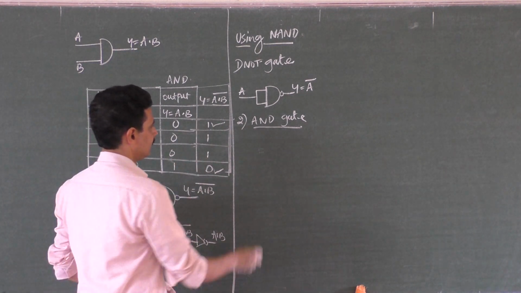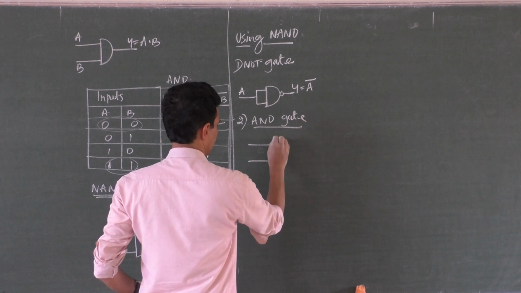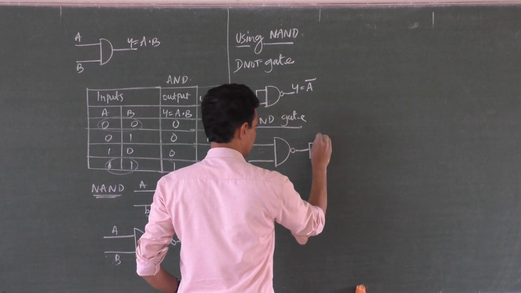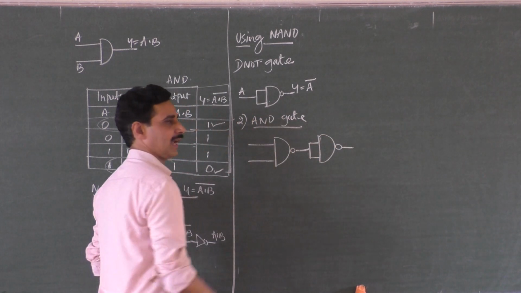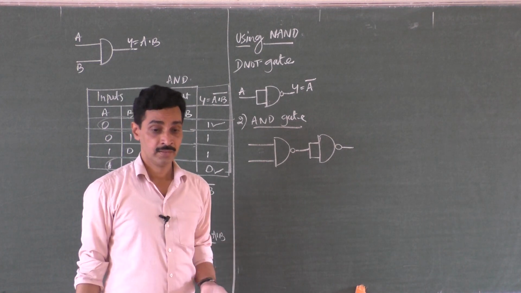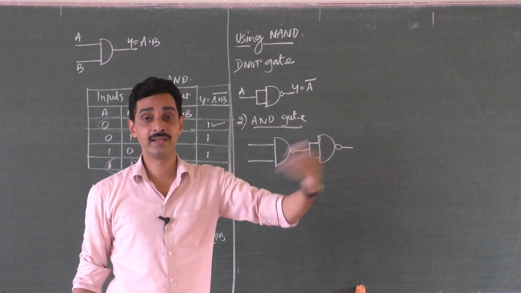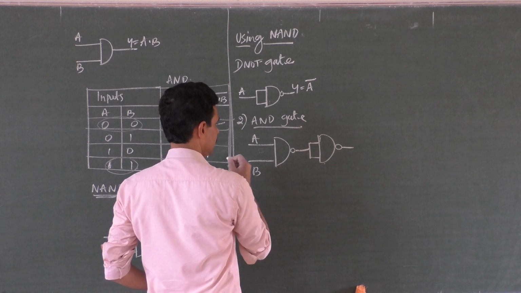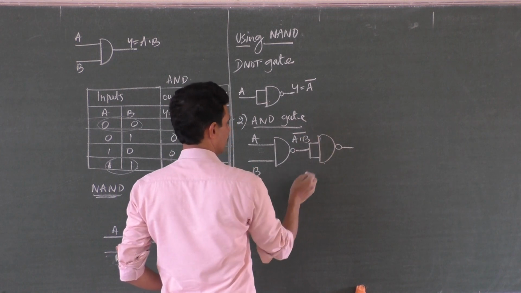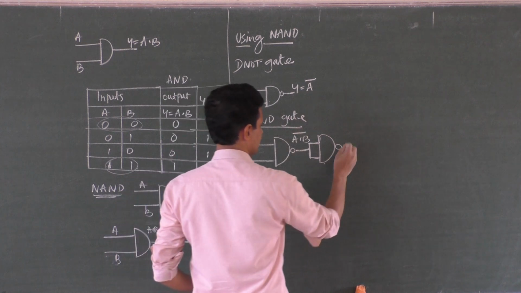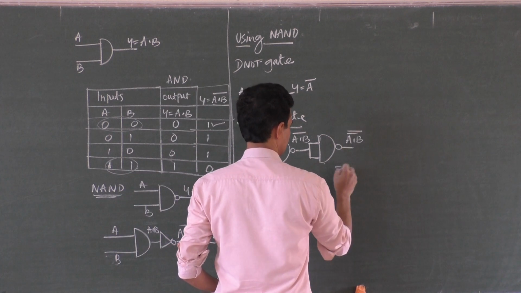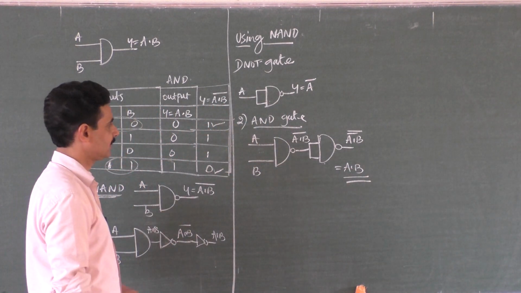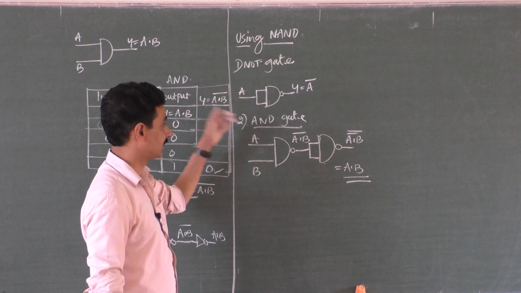So what we will get? Take an AND gate. Okay, bubble. Connect a NOT gate, but that NOT gate should be made up of NAND gates only. Shorted input NAND gate, because we are going to prove that only NAND gates can construct a NOT gate, an AND gate. So you have to use NAND gate only. A, B, what is here? A dot B bar. Now both will get A dot B bar. What is this? A dot B bar bar, that is equal to A dot B. So you will get A dot B, right? So using NAND gate, you have constructed AND gate.